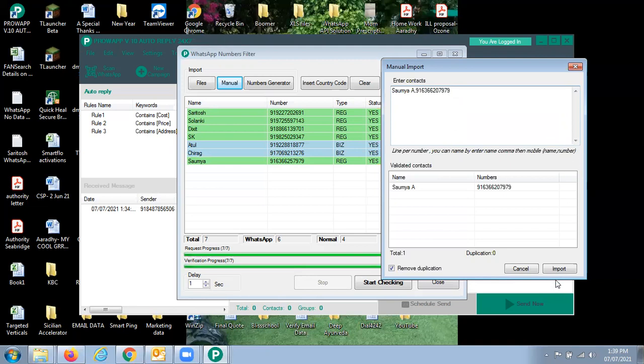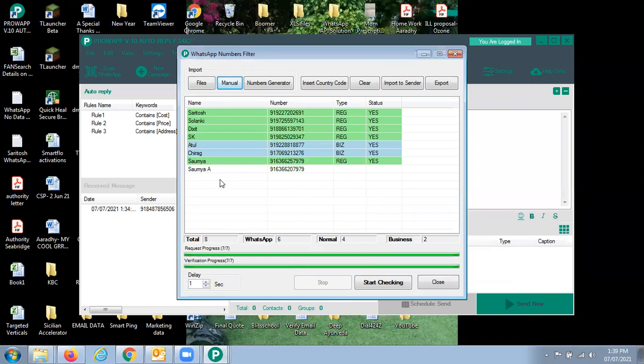Now you see, if I import this, it will also be added here. And the difference is, like Soumya, I will make some space and then add a first name or last name that way. Otherwise, it will get duplicated. Duplication is not an issue because two people can have the same name, but numbers are unique. To show you the difference, when we insert these names, we put a comma after the name so that it will be separated. That's why we write like this.